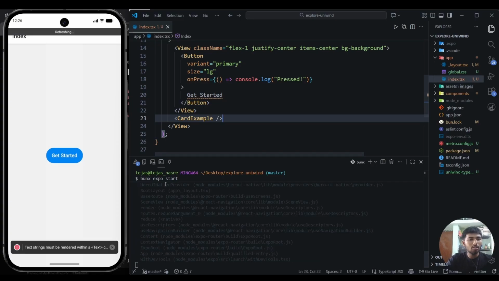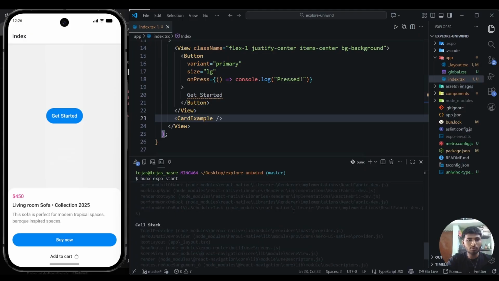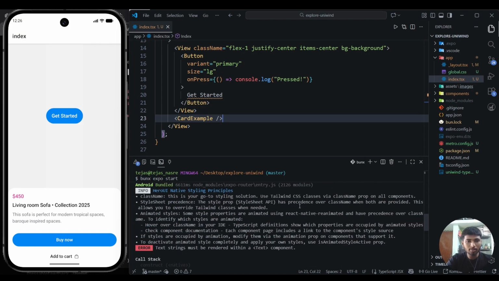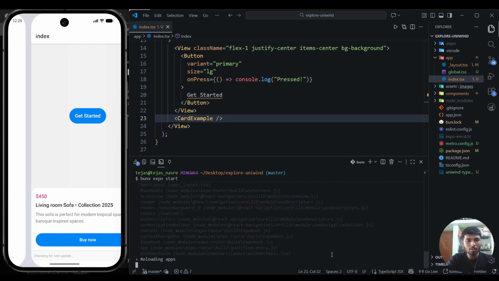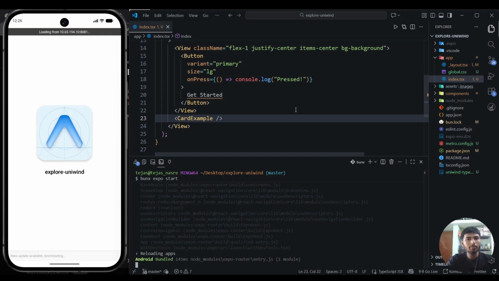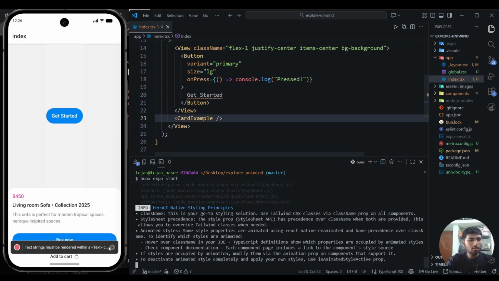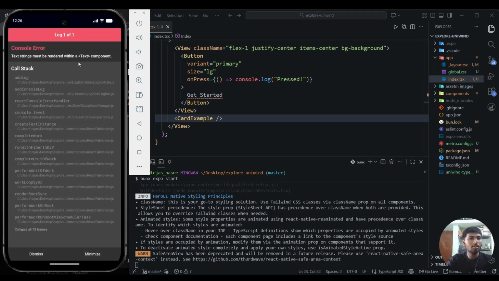Let's see. Yeah, it's working smoothly. Here we have some errors, so we'll first reload the app. Okay, so this string must be